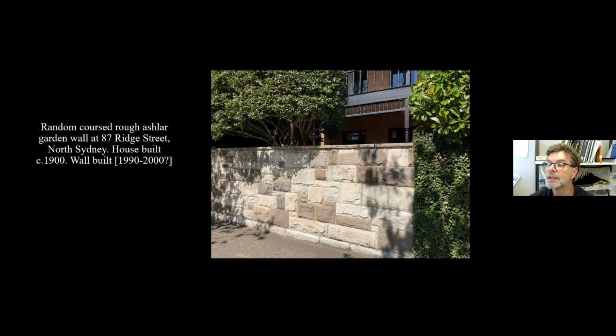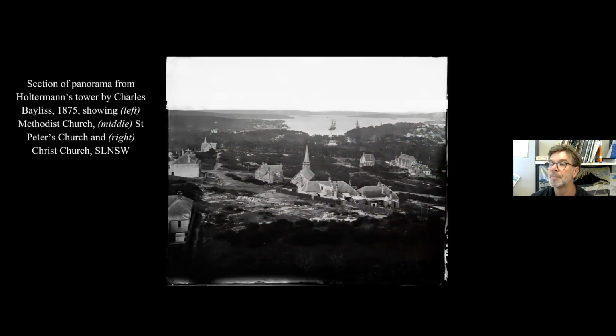And you will see today still people using garden stone walls. This one went up in a turn of the century pair of villas in Ridge Street in North Sydney, which I imagine built around 1900. But this wall went up in the last, I'm suggesting 1990 to 2000. Probably the stone came from Gosford, even though it's not too streaky. It's still multicolored there, which is fine. And there's an example of a modern random coarse brick wall. That'll age and weather and even out over time.